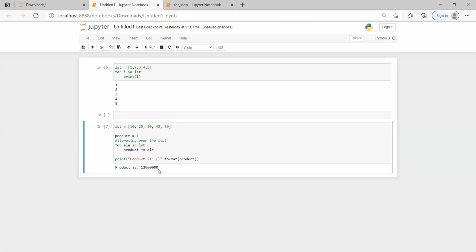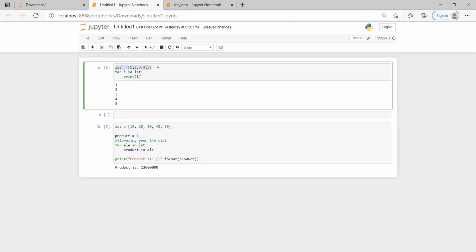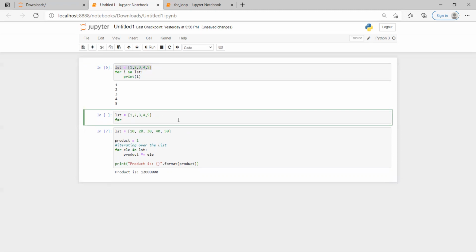So this is how we are trying to do the values; you're going to print them. Now suppose I want to take the same list and make use of for i in list.